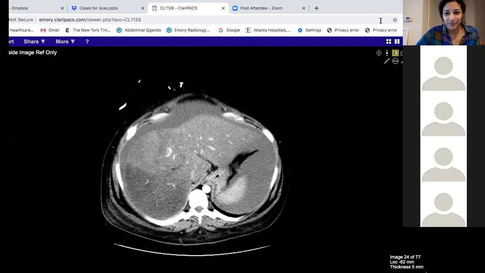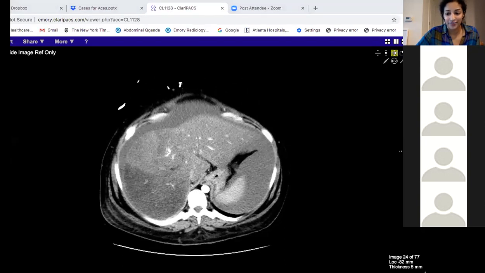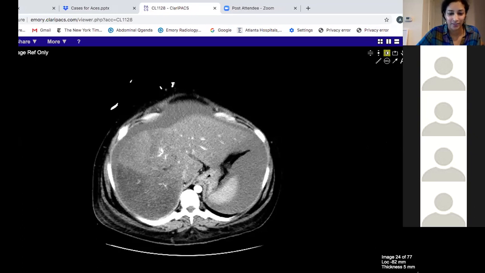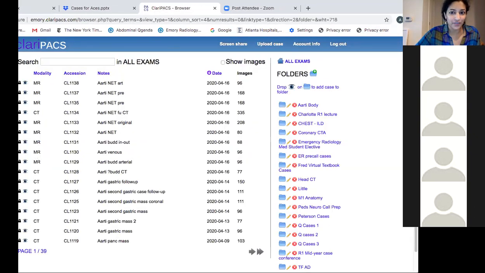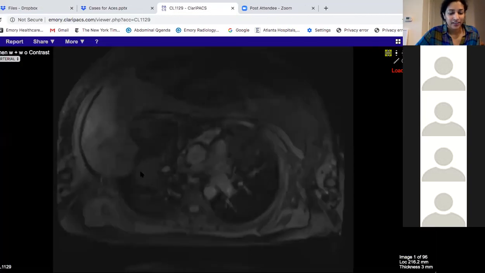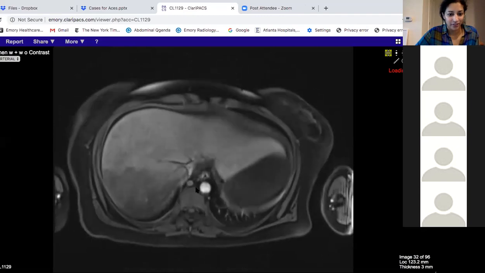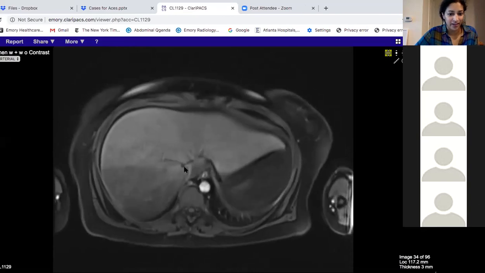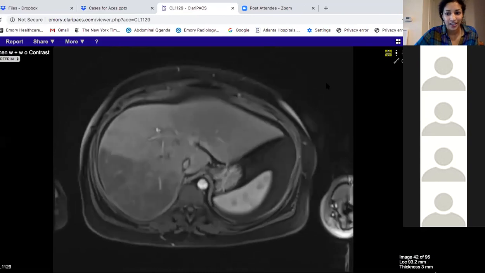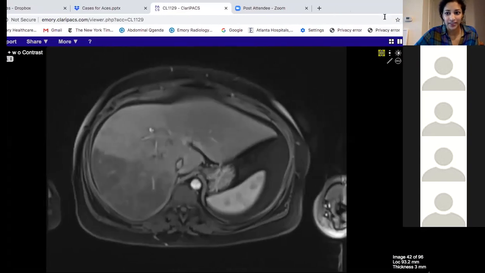So a couple of things that the audience thought that we should have done was get a later phase of contrast, just really look at the hepatic veins better. So we did do that, and this was the MRI. So here is the arterial phase. I would say you can see these hepatic veins, the left and the middle and the umbilical vein. And there's a question, what is this? Is this an artifact? When it's really linear and dark like this, it actually tends to be more likely to be an artifact. But as we go to our later phase,